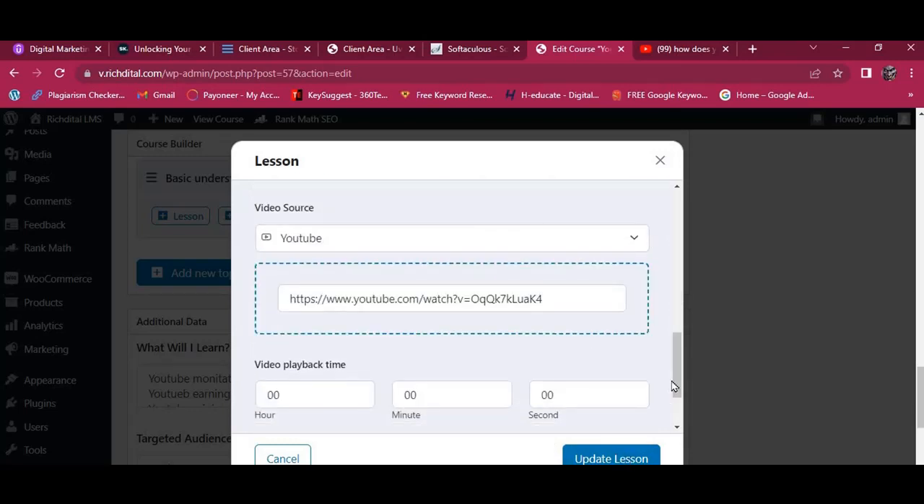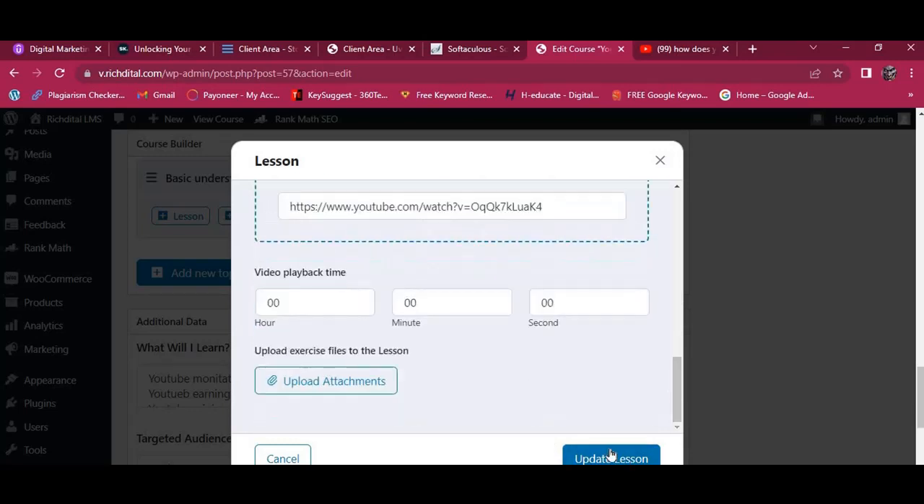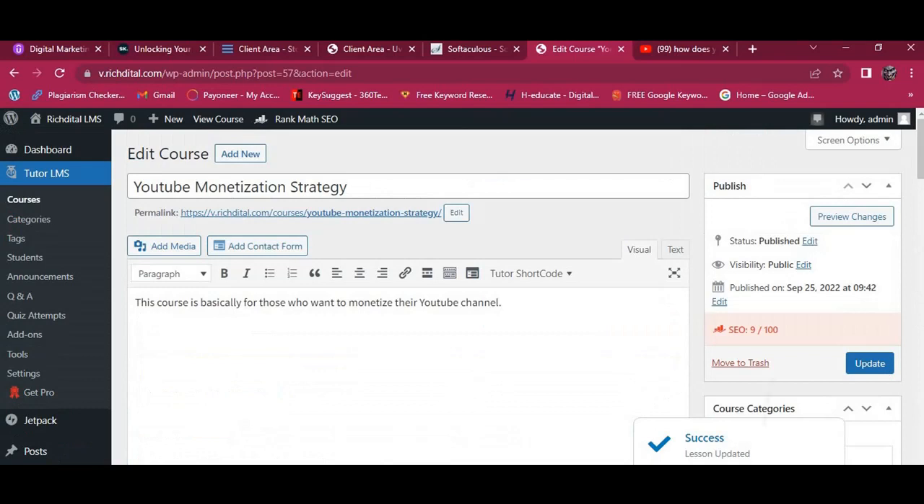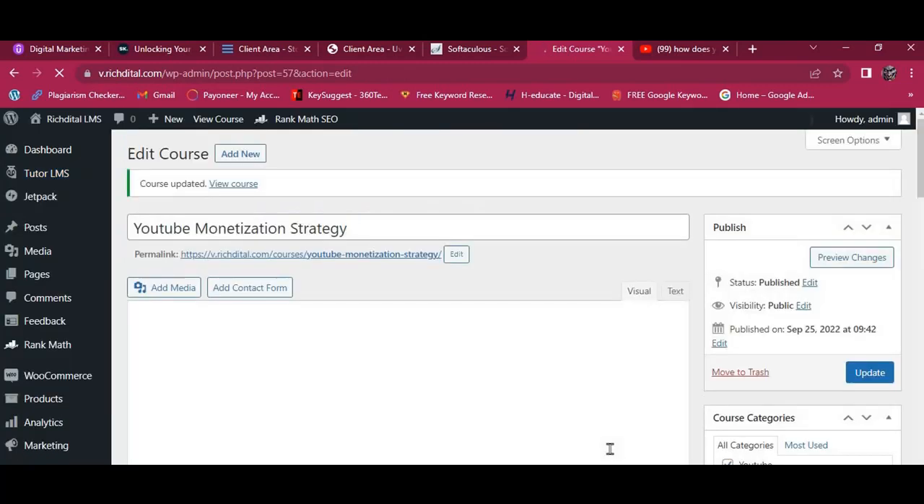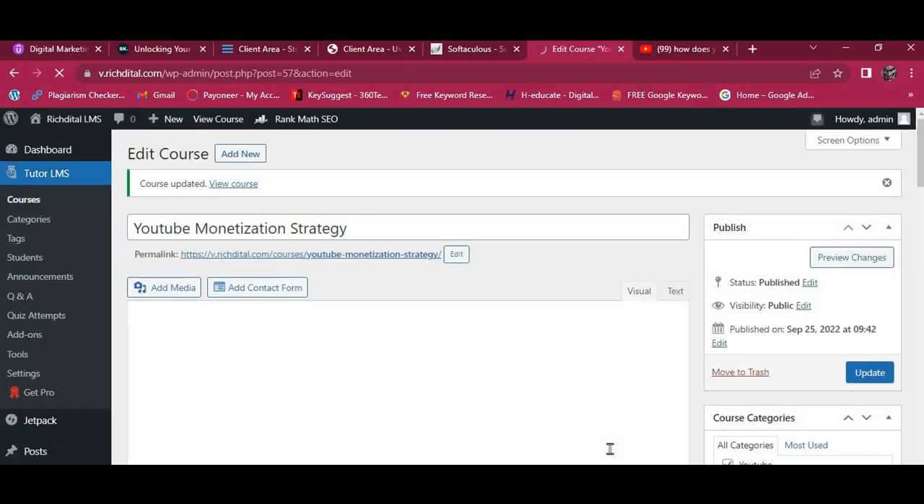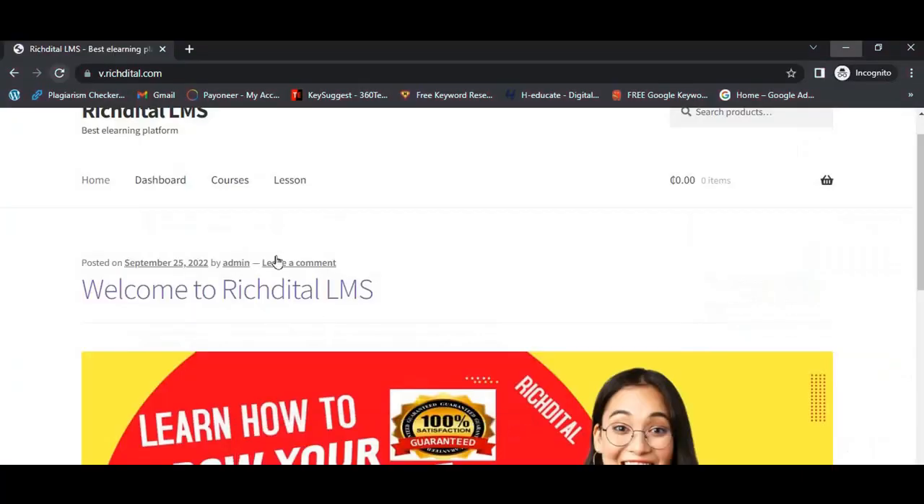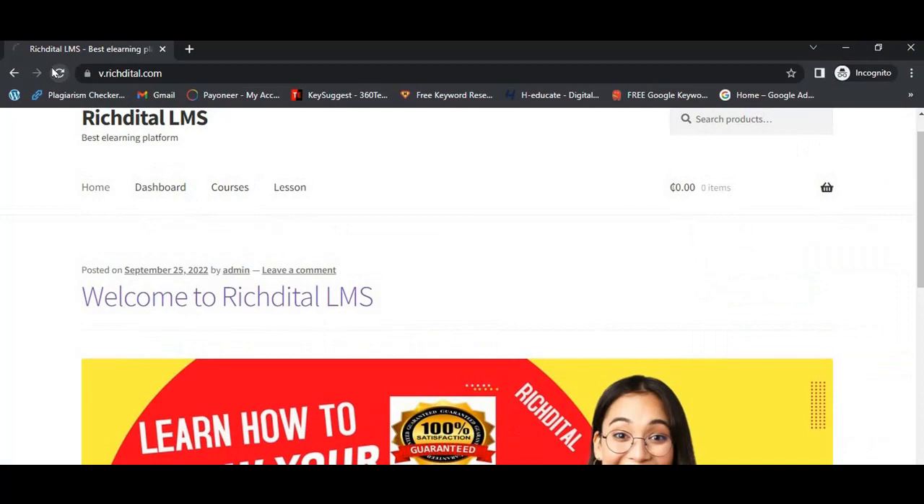After, make sure that you update the lesson. So we are done. Make sure that you click on update. Anytime you finish adding lessons in your course, make sure that you click on update so that you do not lose any data. So let me just open an incognito browser and show you how it looks like. Let me refresh